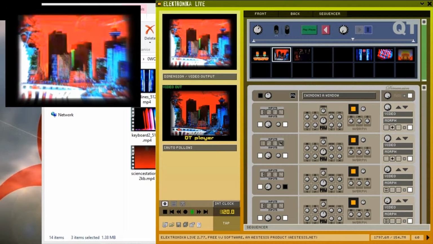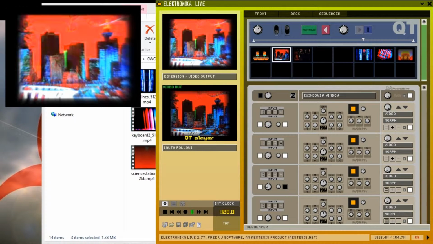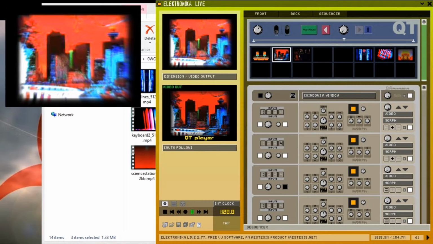When using the Qt Player module, it's best to use a lossless codec, or to have keyframes every 3 frames or less for clips, if you plan on using the palindrome, reverse, or random modes, as this will help the clips to play back more smoothly. It's also best to use clips with the same resolution as your output, as the Qt Player module doesn't resize clips before outputting them. The in and out cue points on the timeline are separate for each clip, and don't reset when you load a new clip into a slot.